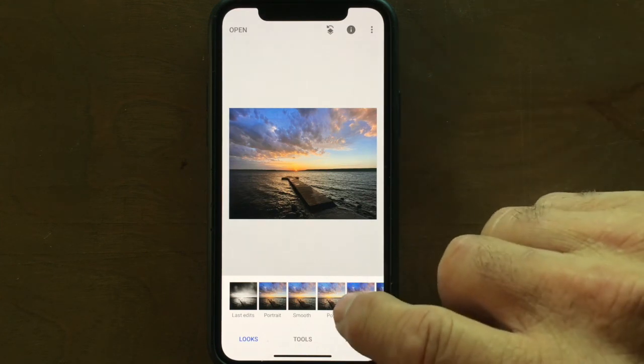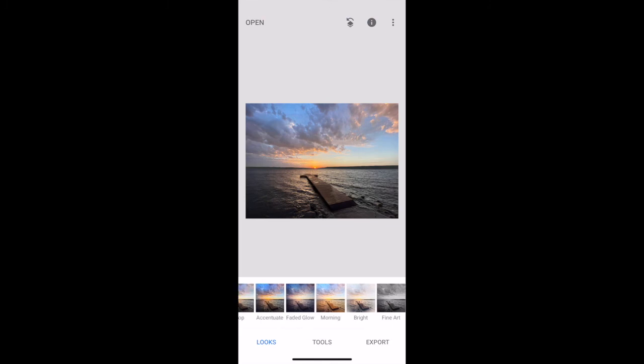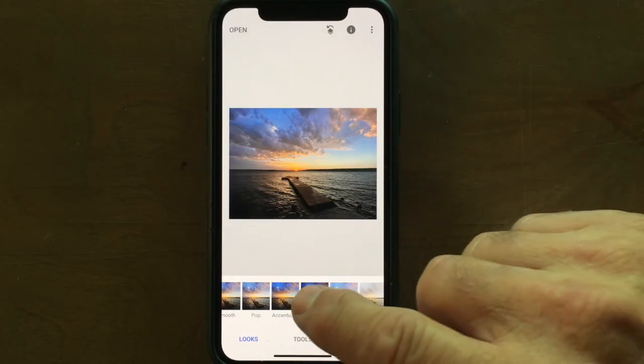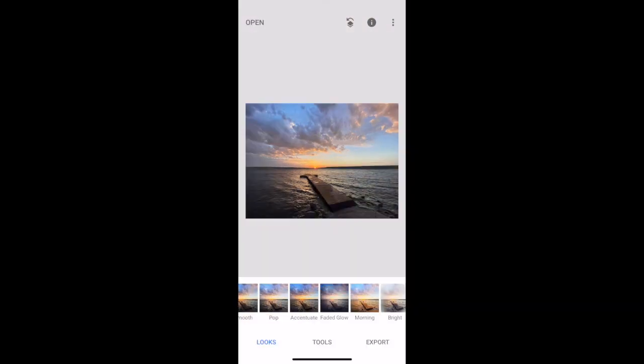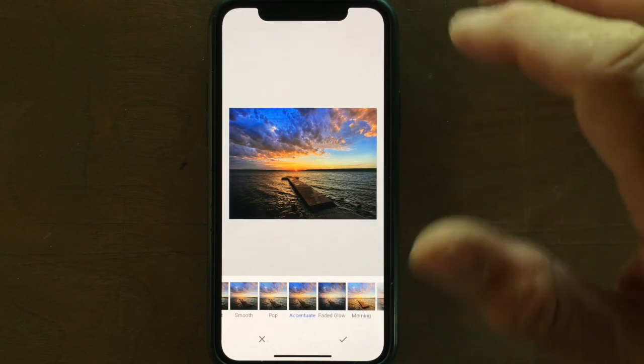The first thing I like to do is I go through these presets. And the reason I do that is I found a lot of times I end up close to these as I'm working through the picture, and it saves me a bunch of steps. I like Accenture. You can see where it just adds a lot of saturation and contrast, so I'm going to